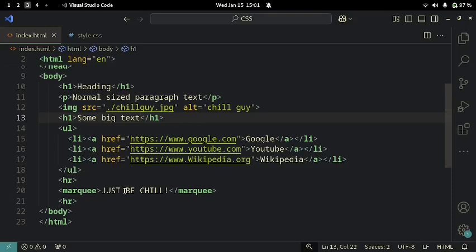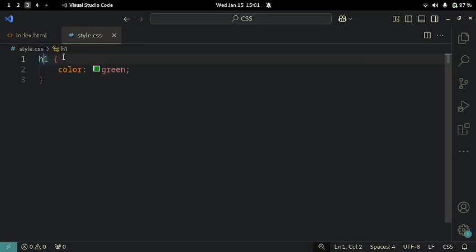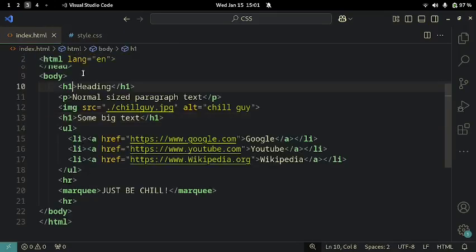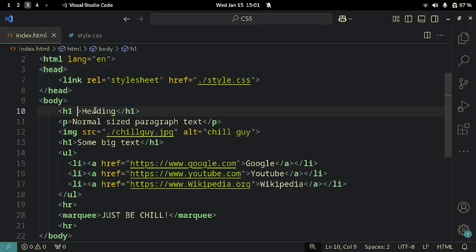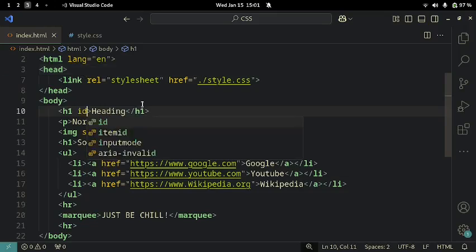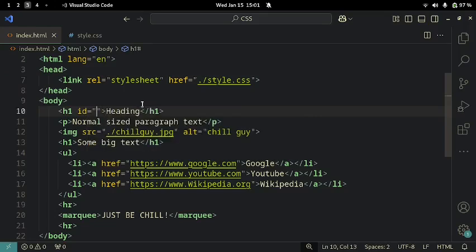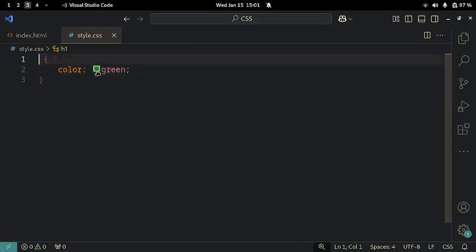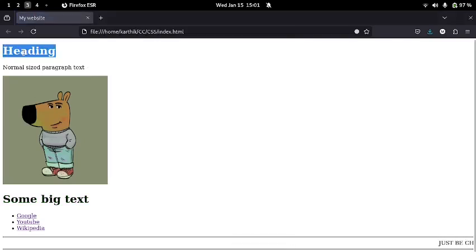Let us first look at ID because ID is simpler. So let's say h1 space. This is our main h1, the heading, right? So I'll type the ID attribute here. ID is equal to, and I'll give this one an ID. Let's say the ID for this h1 is main heading. Okay, now I save it and then instead of h1 here, since this is an ID, we prefix it with hash, main heading. Cool. And then if we refresh, you can see this heading with the ID main heading, this h1 is green,